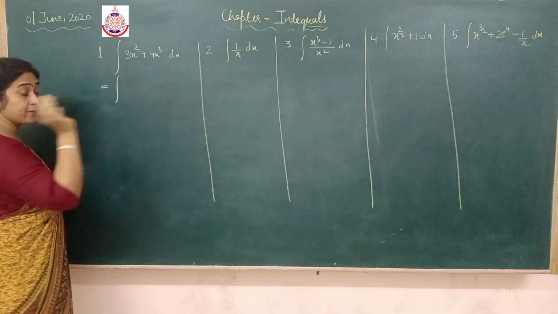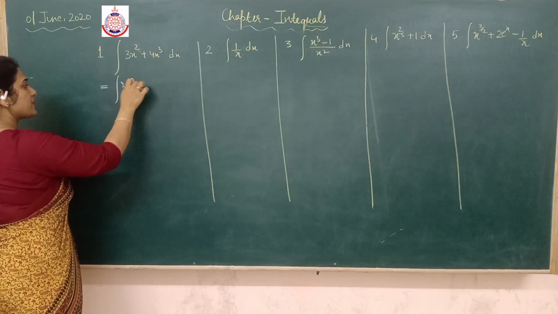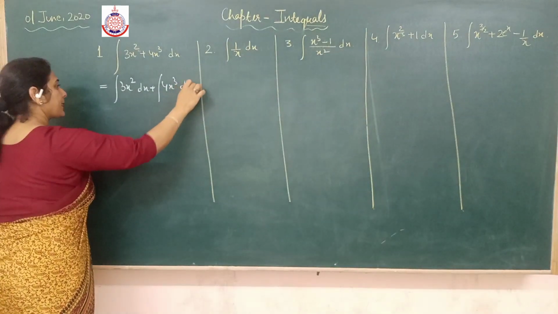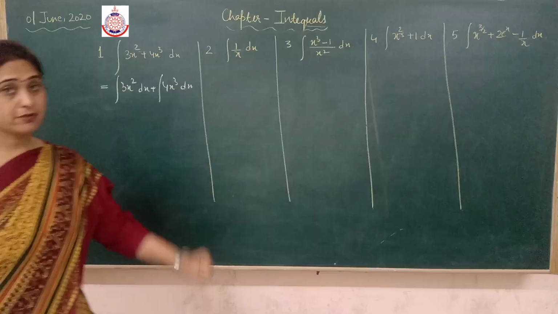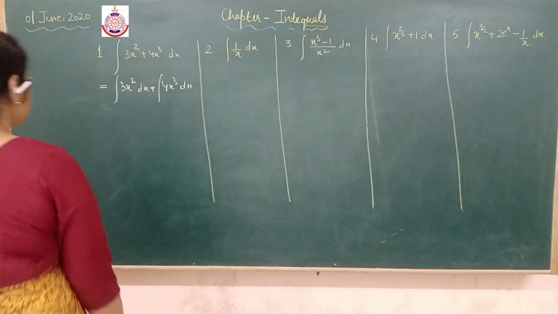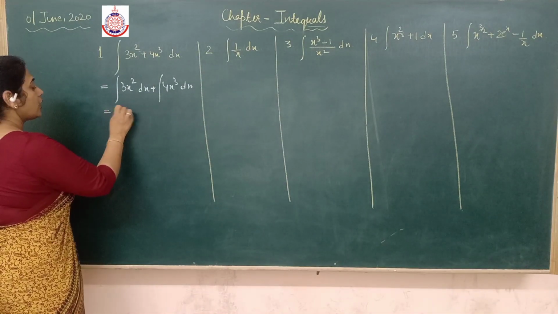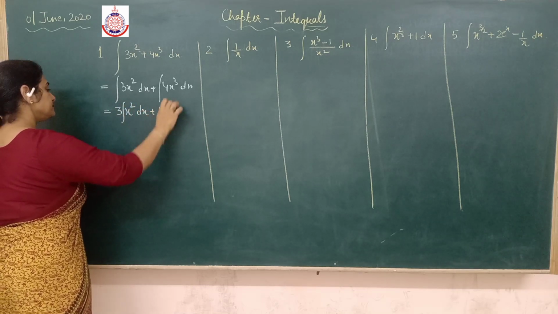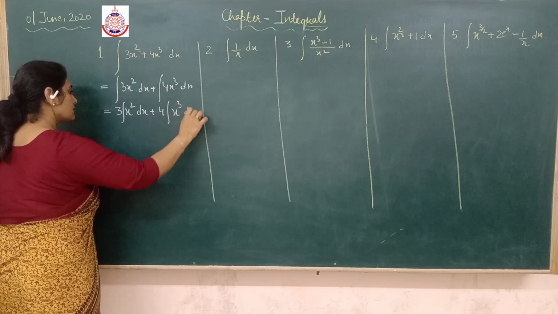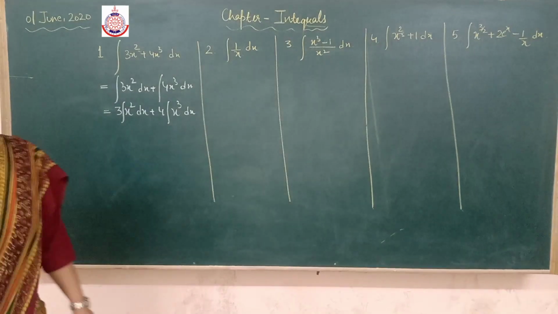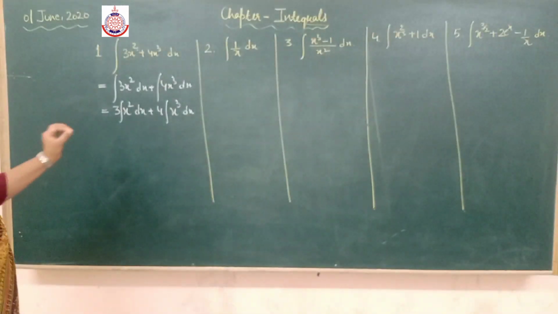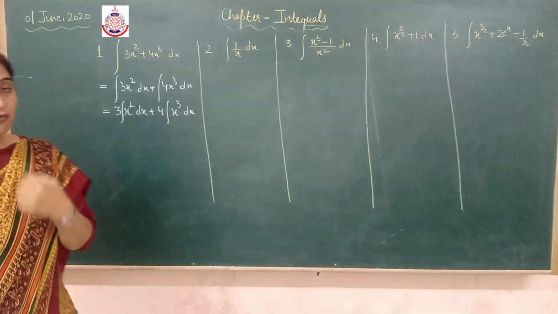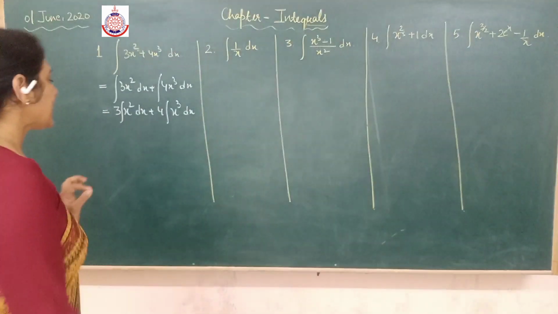Now, first of all, we have done a property that if there is a sum of two functions, I can write it like this. Alright, we did the properties before this lecture, before the video which was seen. Now again one more property, the coefficients, the constants, that can go out. Now recall the formula. Now we have to see which formula this question is related with, that I have to find out.